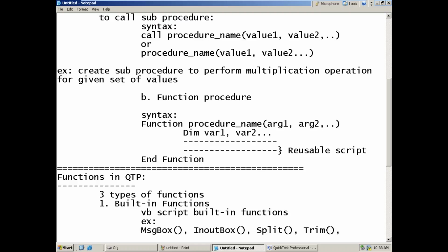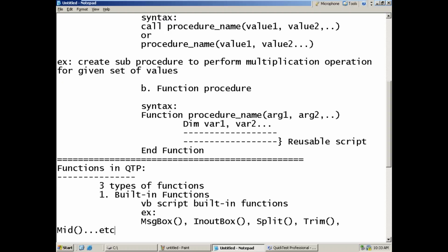Split splits the main string into substrings, trim removes the leading and trailing spaces of a given string, and mid reads a substring from the main string. These are the default VBScript functions which are supported by QTP. Your built-in functions are what you call.